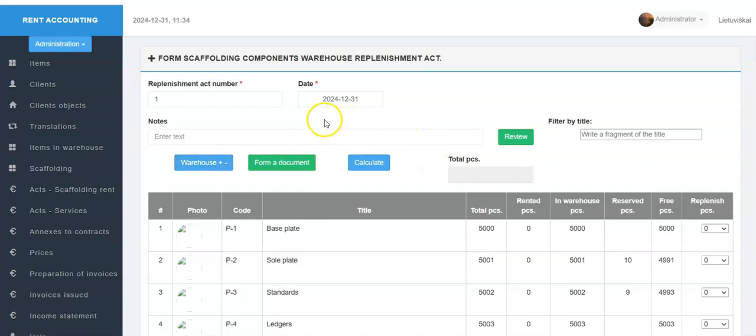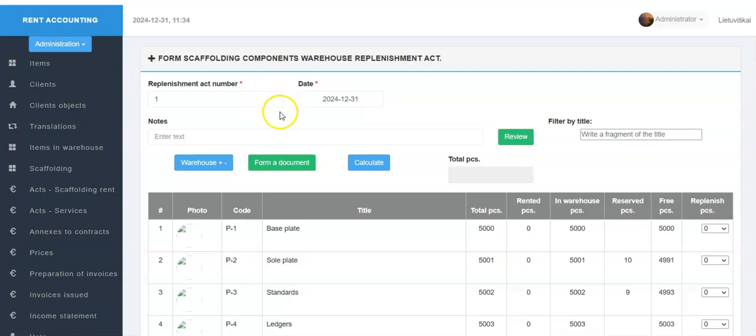In the replenishment act number field, the program enters 1 if there were no replenishment acts on the current day, and in the case if replenishment acts have already been formed on the current day, then the number following the highest replenishment act already exists on that day.